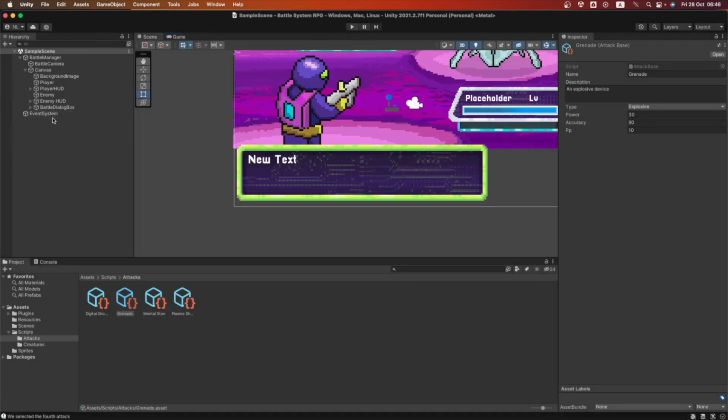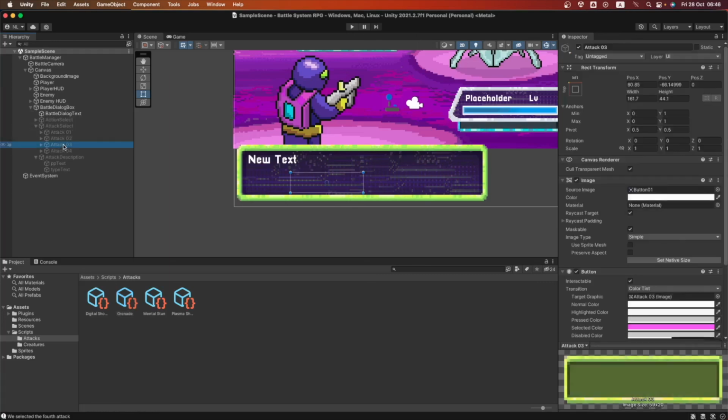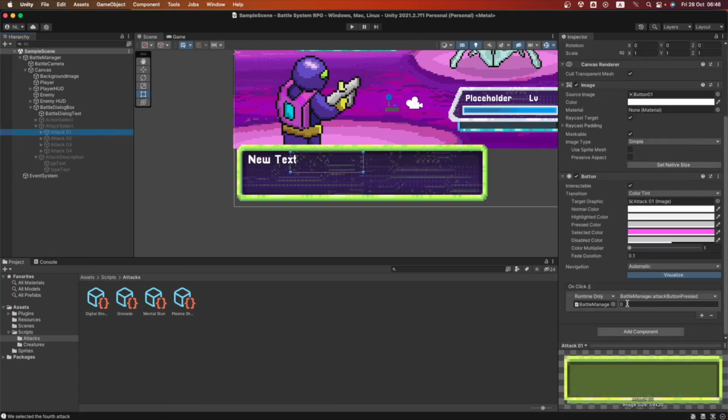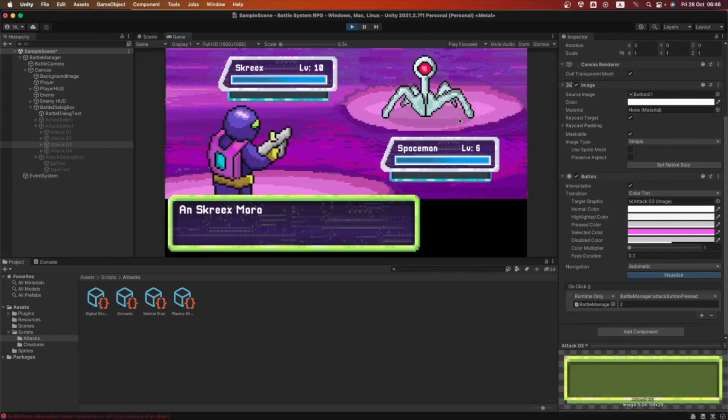So let's stop this. Let's go into my buttons. Okay, battle dialog box, and in my buttons, let's select this one, the third one. And this one is the first one. Let's check out. Yes, 0. Let's check the second one. Yes, 1. There it is. See, this button was performing the attack 0 in the list of attacks. So this should be performing the attack number 2. So let's go and click up there to see if it is working. Okay, there it is. Let's click fight.